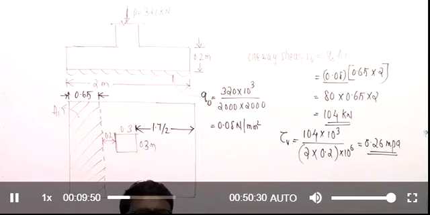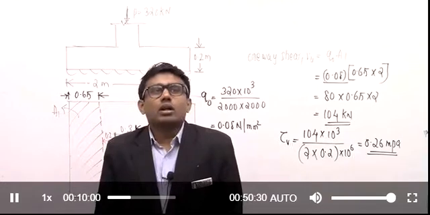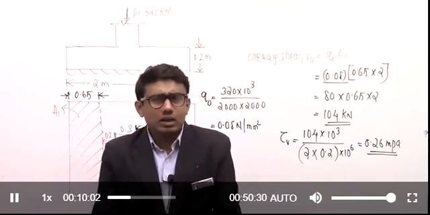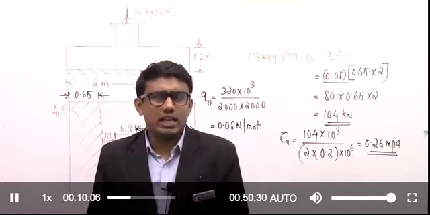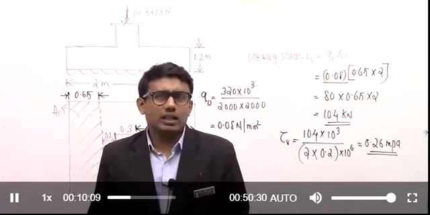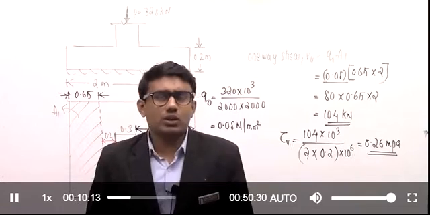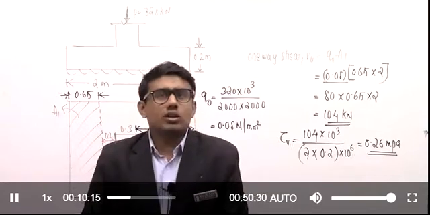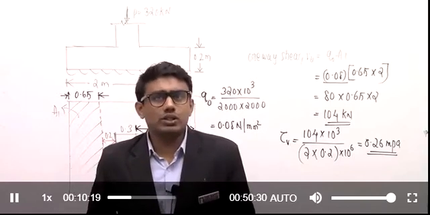Dhruv is saying that it is 0.08 Newton per mm square or 80 kilonewton per meter square. Any doubts in footing? No, I guess. You only have to remember the code recommendations for footings, like the equations for finding the one-way shear force, two-way shear force, and bending moment, and how to calculate the nominal one-way shear stress and two-way shear stress.